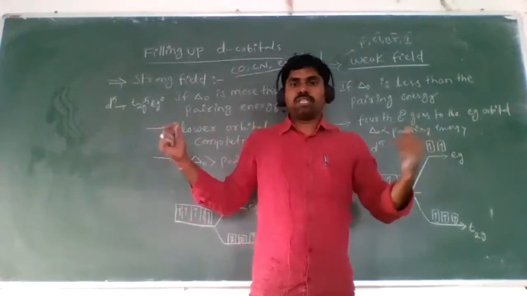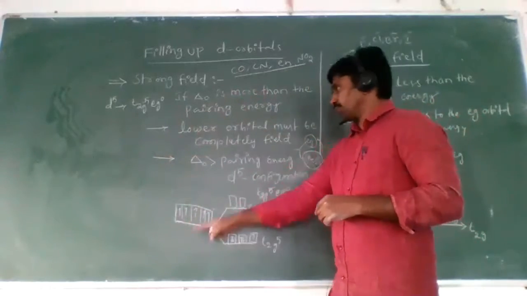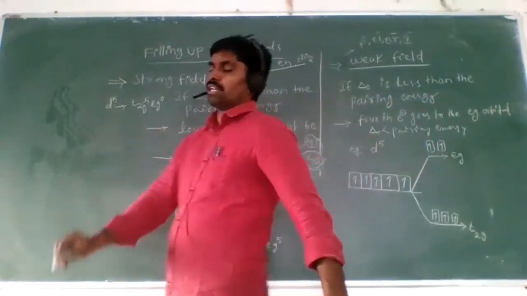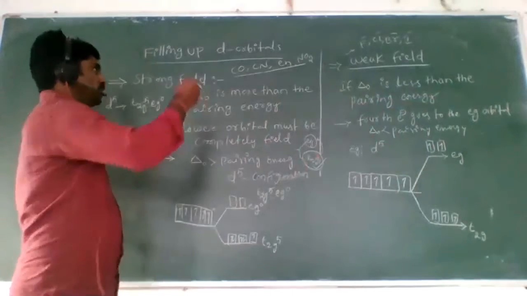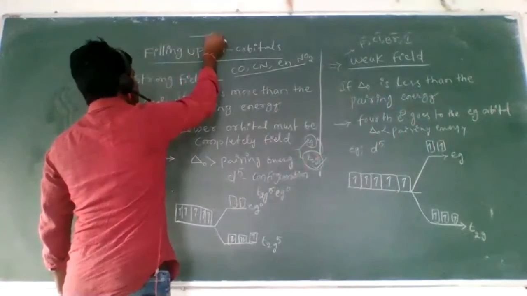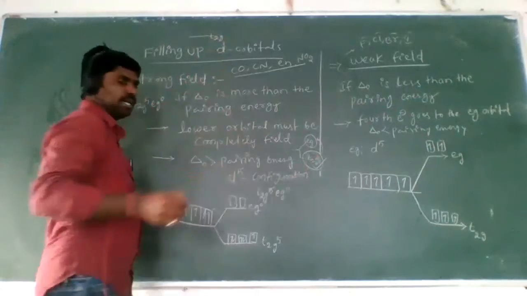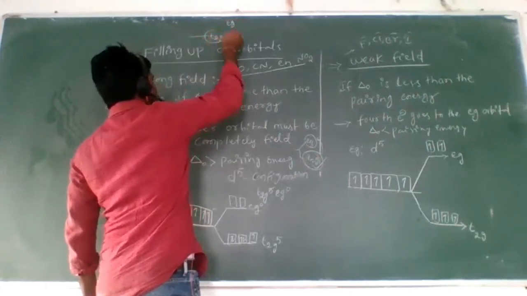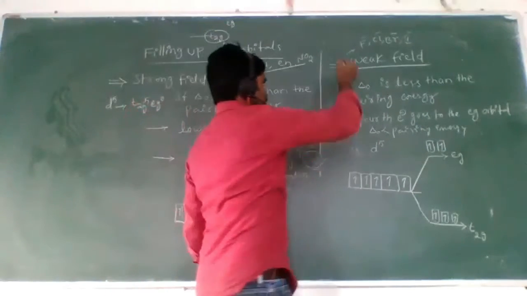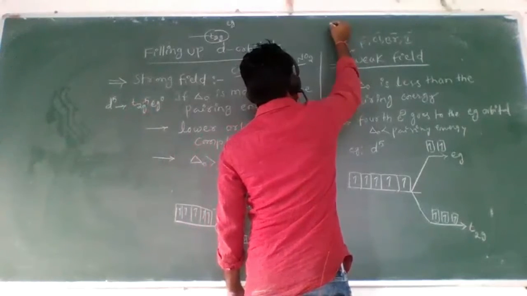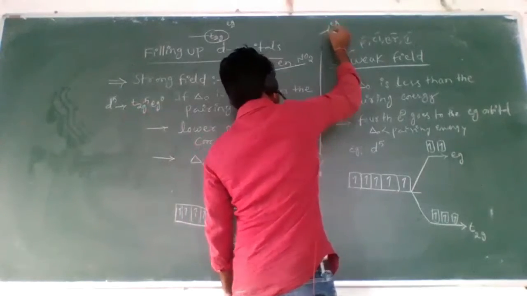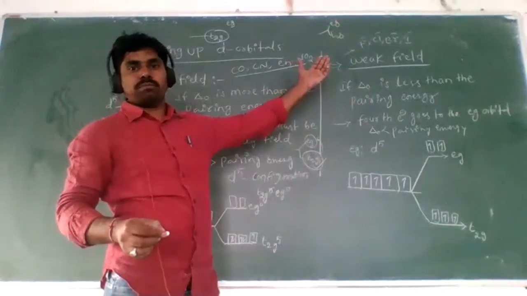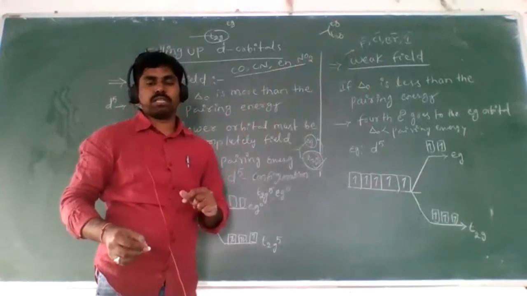But that is the difference between the strong field condition and the weak field condition. So simply, listen to what I am saying about strong field and weak field. In the strong field condition, T2g must be filled, T2g must be filled, then after that eg. Is that clear? This is the priority: T2g first and then eg. When the electrons have filled the T2g, then the remaining fourth electron will go to the eg orbital. Is that clear?